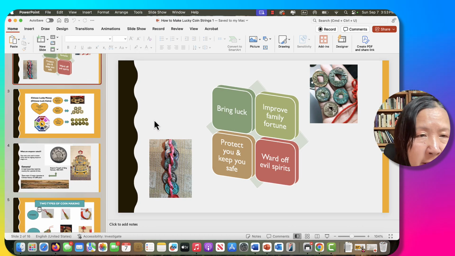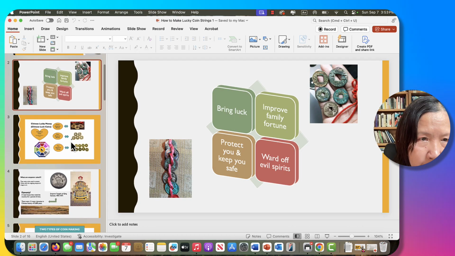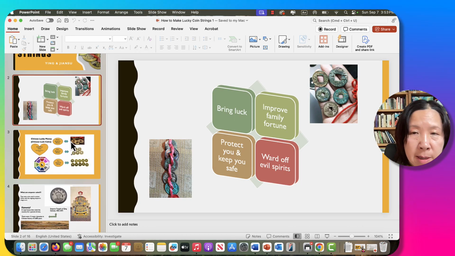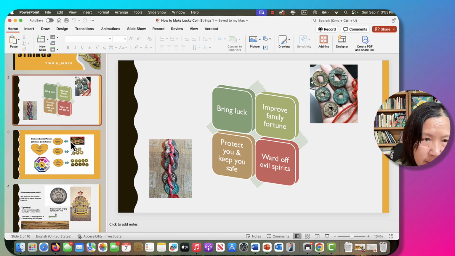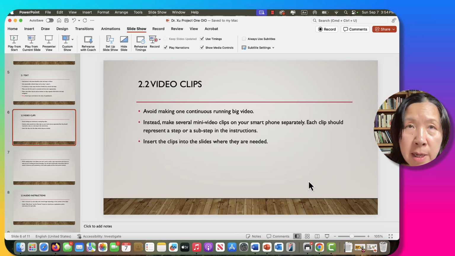Text information is used minimally. However, it doesn't mean that we don't need instructions. Just instructions are provided through demonstrations and later voice-over explanations. It's very important to know that for a successful video